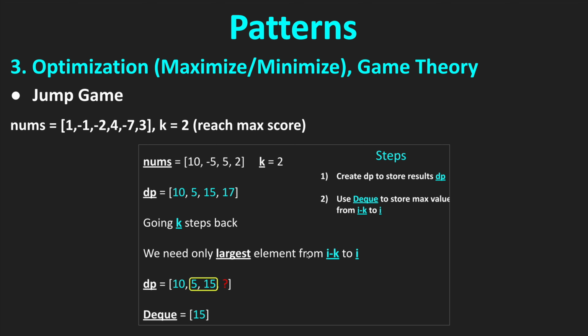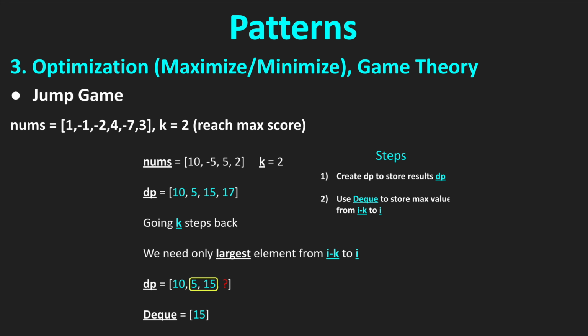If you think about the problem, what we need to do is keep the largest element. So we don't need to go back actual k steps. We only need to keep the largest element from i minus k to i. Let's say we are somewhere down the road with hundreds of elements. We don't need to go back k elements. Starting from index i minus k, in that part of the array,